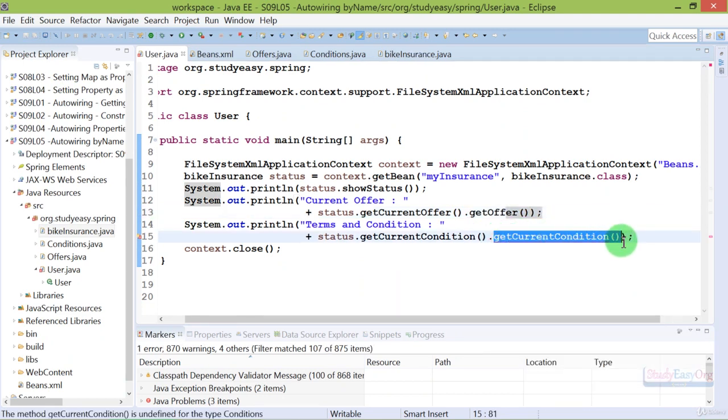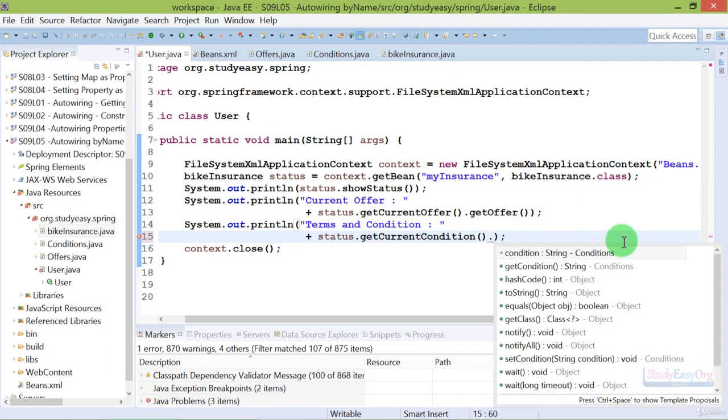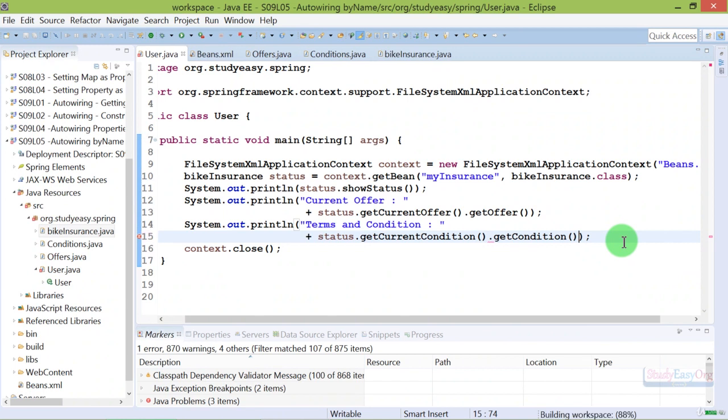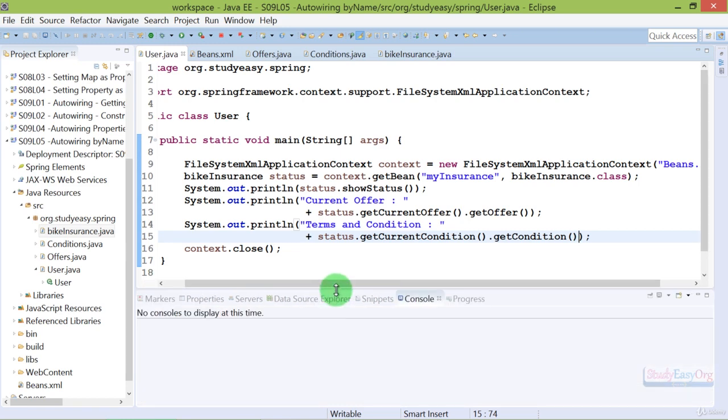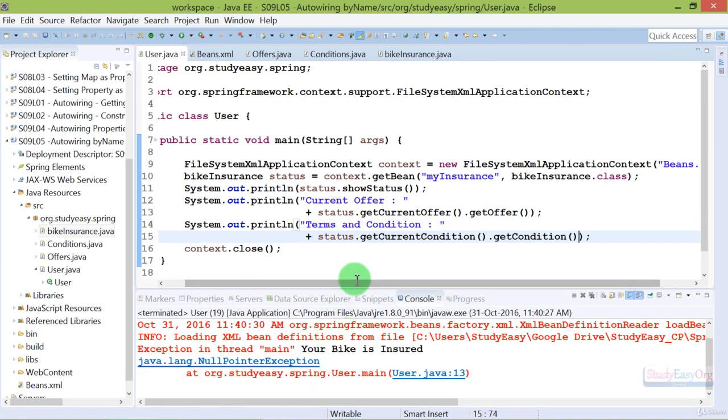This is because we have updated the getter and setter method of these two classes, offer and condition. So let us fix this. Alright, so everything looks good now. But even now, if we execute the program, there would be a crash. Here we go. So there is a crash, a null pointer exception, and the reason is, let me navigate to